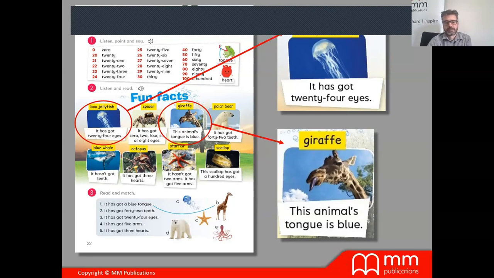So what happens is when we want to practice, what verb do we practice here? What do you think? Grammar-wise. Here we practice the verb have got, okay? It has got, it hasn't got, they have got, etc. So if we want to practice the verb have got, we can ask each other questions that can only be answered by yes or no.